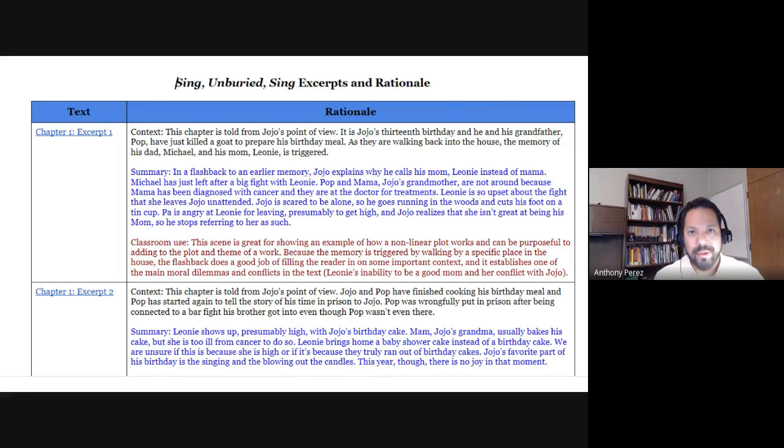You probably still want to read the novel before you use it, or listen to an audiobook, or do some LitCharts, whatever. You probably want to be more familiar with the novel than just these excerpts if you plan on using this. But you could use any novel you want. Hamlet,